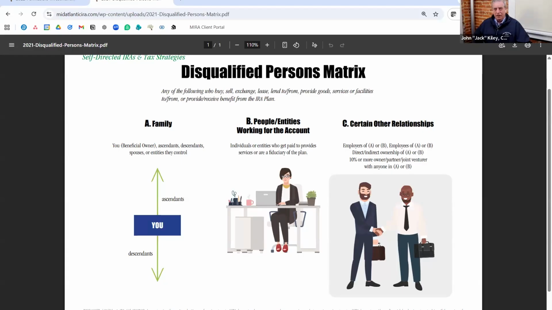Okay. And then the third group in tax, there's always the really fuzzy one. There's what's referred to as certain other business relationships or certain other relationships. And the best way to really describe this is by example. So if Effie and I are partners in an entity, so we're both partners in an apartment complex, and Effie owns 10% and I own 8%, we are not disqualified with respect to each other.